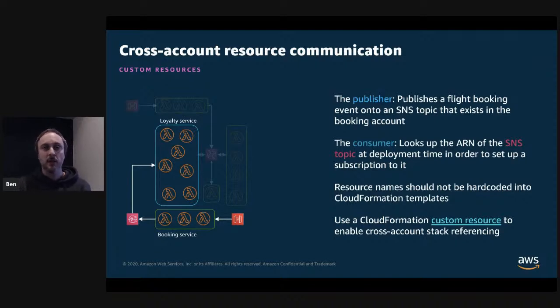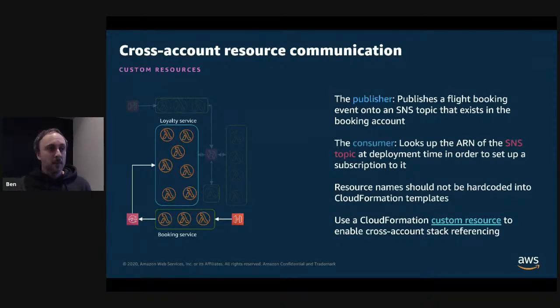In the case of this sample application, the publisher is the booking microservice, and that's publishing flight booking events onto an SNS topic, and that SNS topic exists in the booking account. Then the consumer is the loyalty microservice, and this looks up the ARN of the SNS topic at deployment time in order to set up a subscription to it.